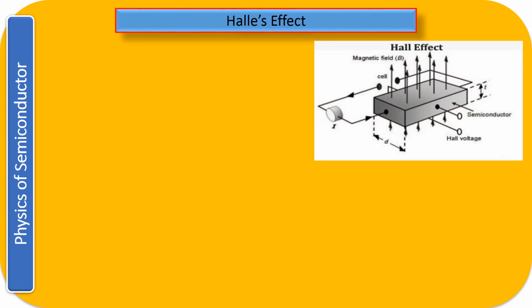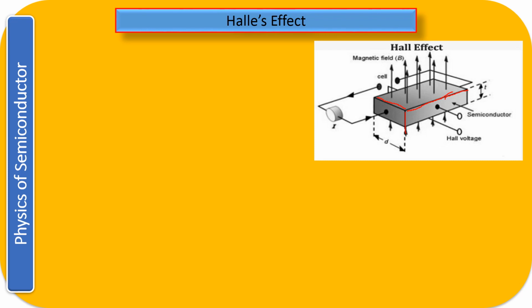Now let us consider any specimen. This specimen can be your semiconductor, it can be the metals, it can be the extrinsic semiconductor, it can be the intrinsic semiconductor, right? So any type of material I have taken. This is the length, and I'm representing this length by L. This is your breadth, and let us suppose I'm calling that D, and this is the thickness, and this thickness I am calling T.